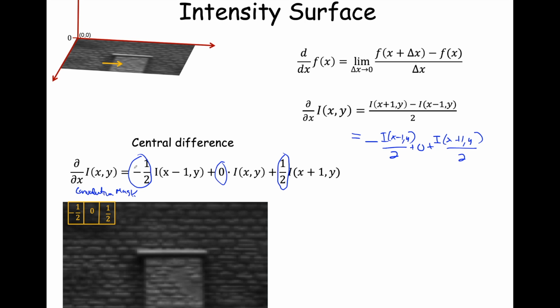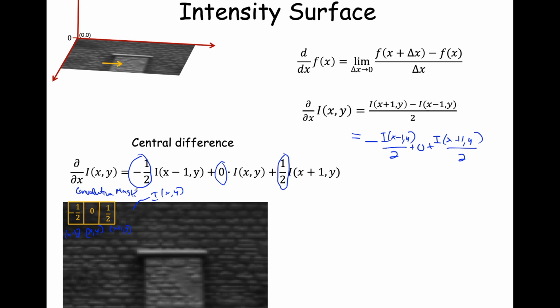And so here we see the minus 1/2, that leading coefficient, 0, and the 1/2. Now, of course, the values of the pixels in our intensity surface, that's our I of x,y. And so if we take this mask and we center it in image coordinates at coordinate x comma y, well, the coordinate to its left is x minus 1 comma y, and the pixel to its right is x plus 1